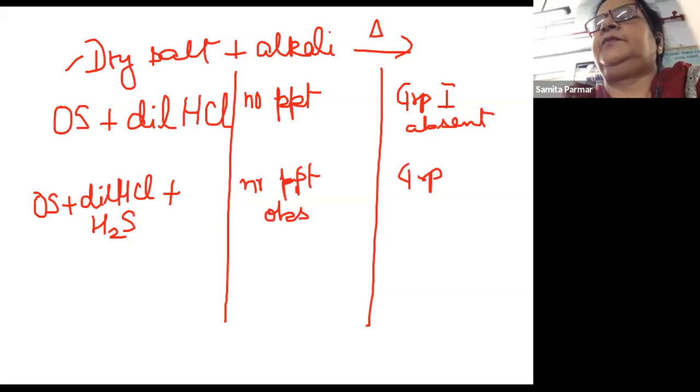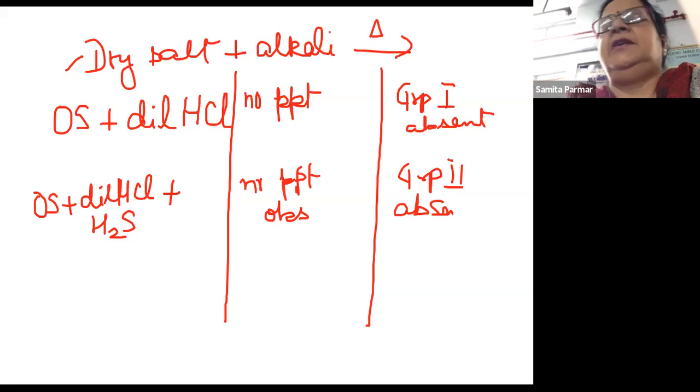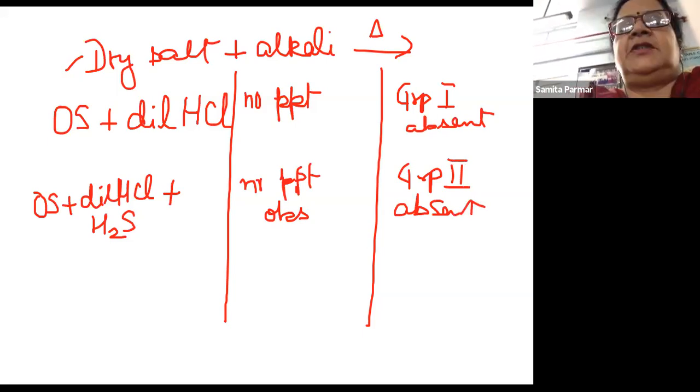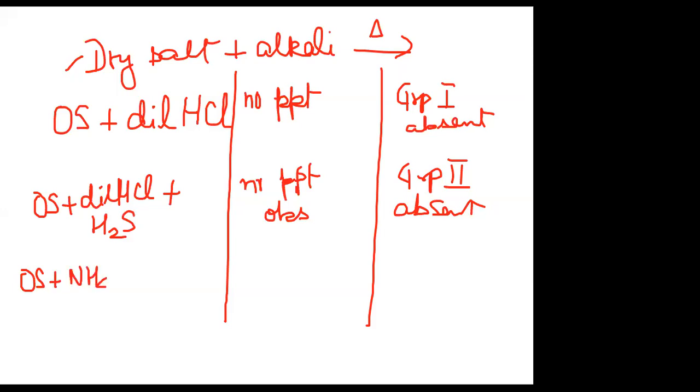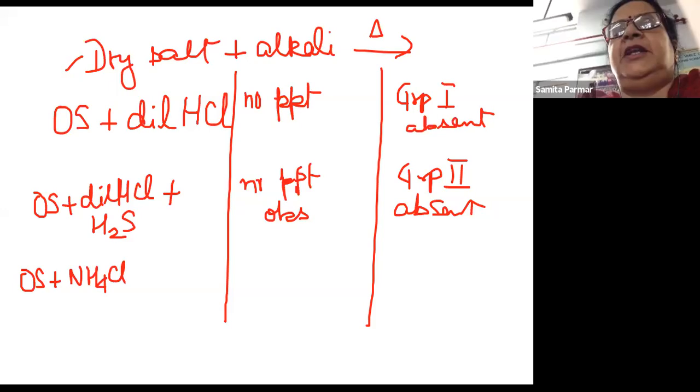All right. So similarly, you will proceed for group 3. In the group 3 reagent, there is the original solution. Again, you will take it, and to this you are going to add ammonium chloride. Please make a note of this, that ammonium chloride has to be added first and only then ammonium hydroxide. This is an important thing to note. If the order is not proper, then you will not get the correct test.